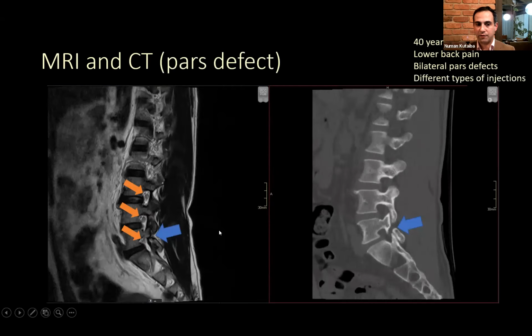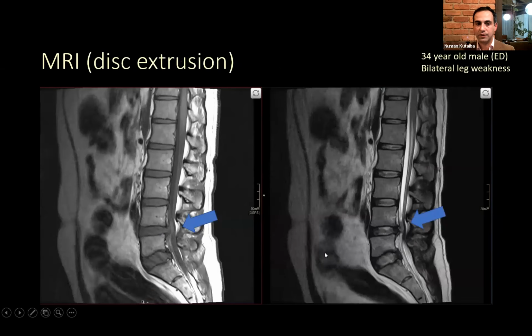This patient here, for example, has a pars defect, similar to the one we showed with the x-rays. It's a young patient, has tried multiple injections of different nerve roots and facets, and the pars defect itself. The nerve root itself is not compressed. Most of the pain is probably mechanical, and it's arising from this. This is a stress injury that happened a while ago. So it's a fracture that keeps giving them pain. They may end up requiring surgery to fix this level so it doesn't cause any symptoms with movement.